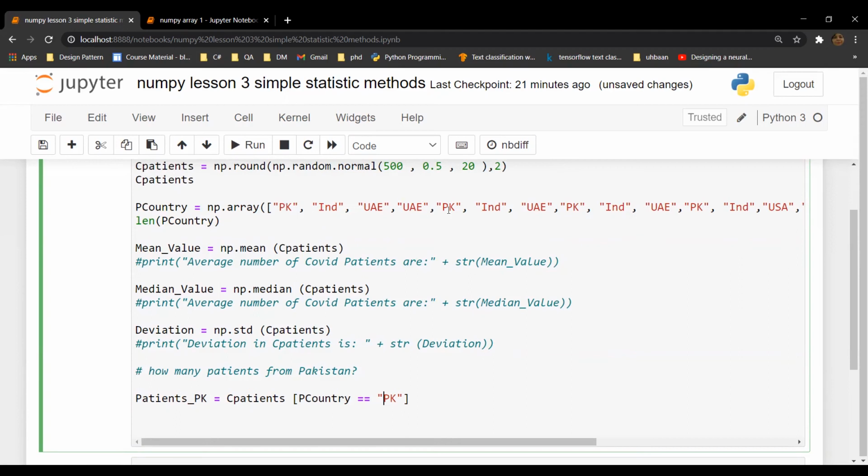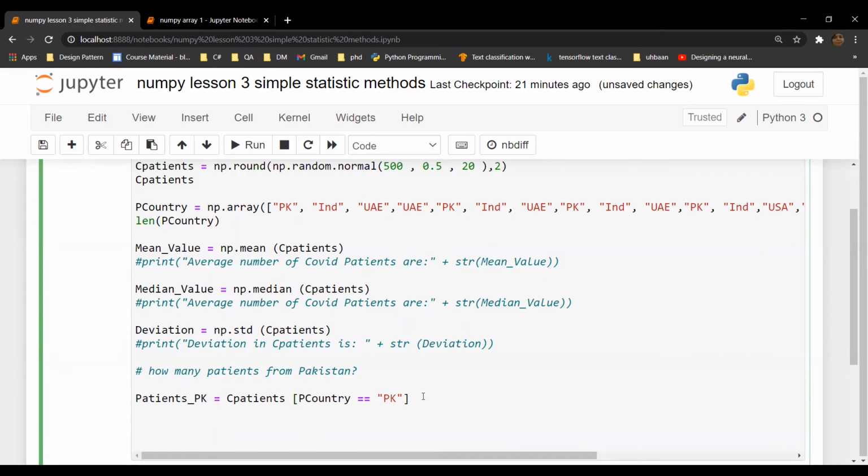At the 4 index we have pk again, so whatever the value is at the 4 index will be stored in patients_pk. So it will just do a simple comparison wherever there is pk, and at the same index what is the value in C patients. So let's check it out.